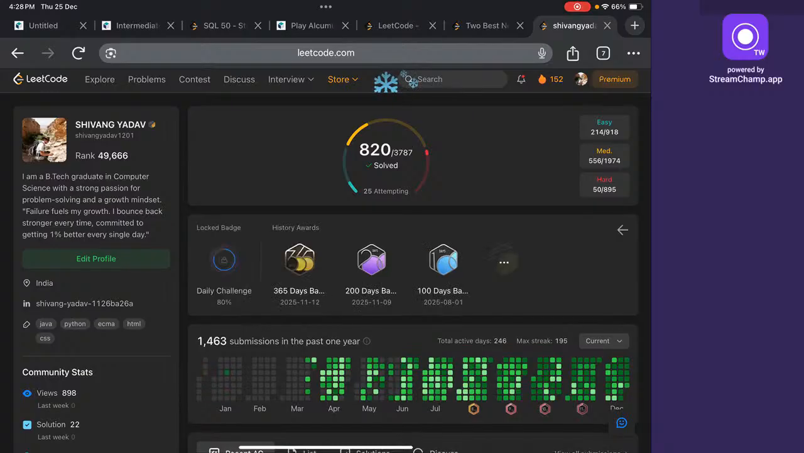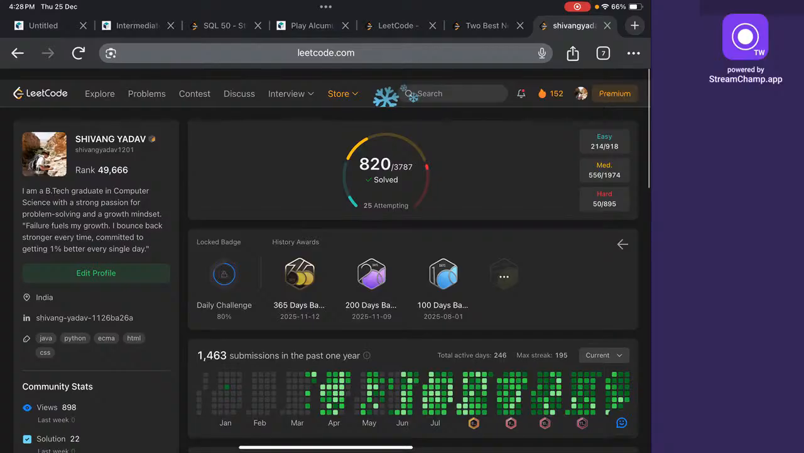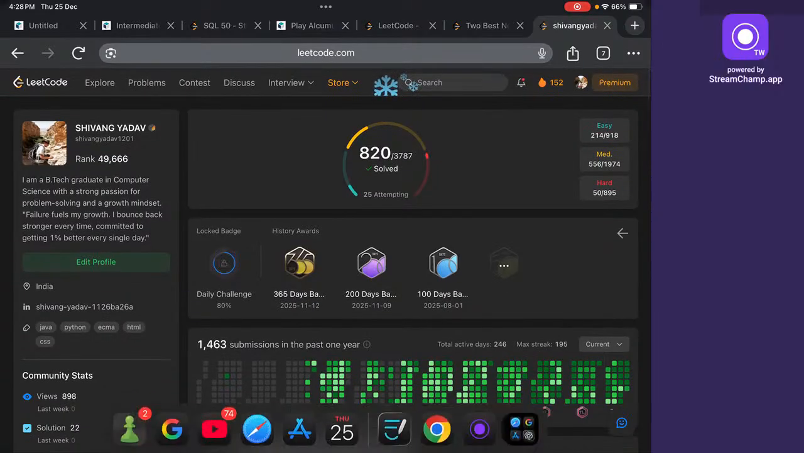Yeah, 556 mediums, 80% daily challenges. Yep, I think I'm doing great. I need to tackle more hards and more hard mediums. Okay, that's it for today. I will come tomorrow and